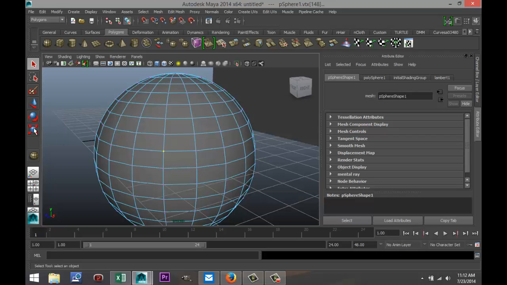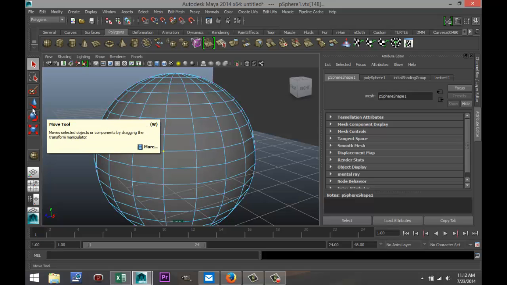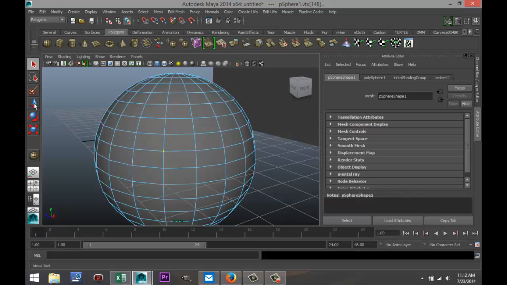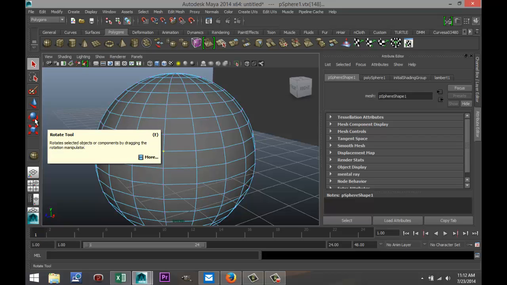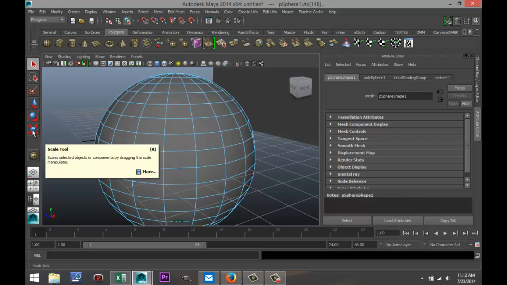You got a couple of buttons here. The top one here, where you got the arrow, that's the move tool. That will allow you to move a face, a vertex, or an edge, or even an entire object. This one is to rotate, and that one is to scale. So let's